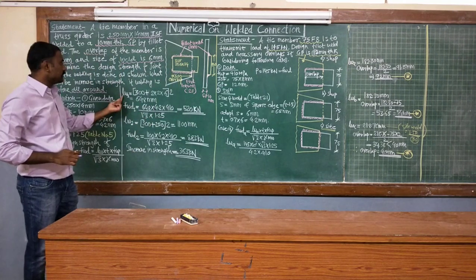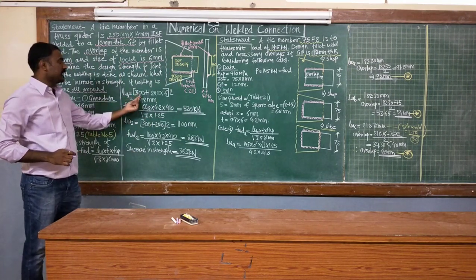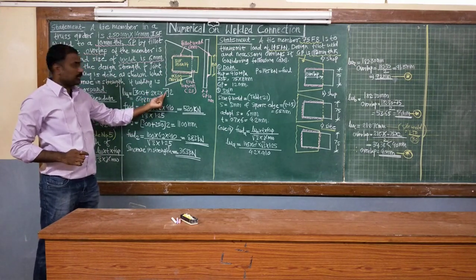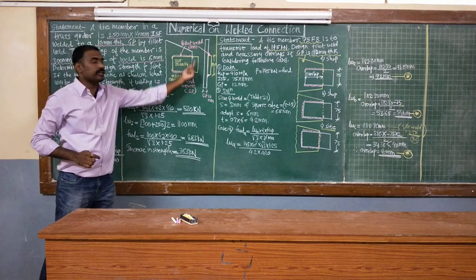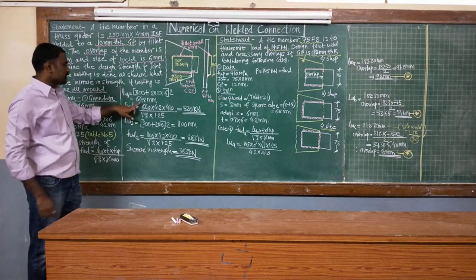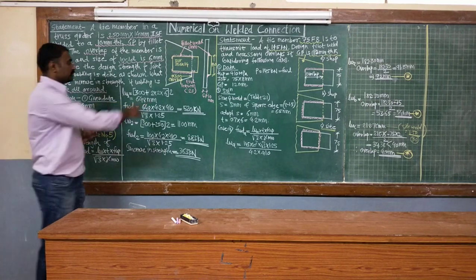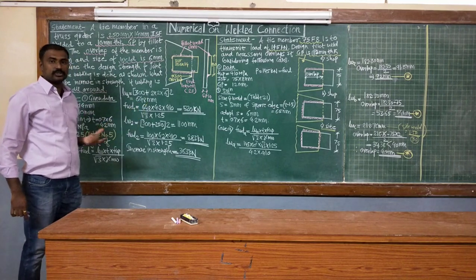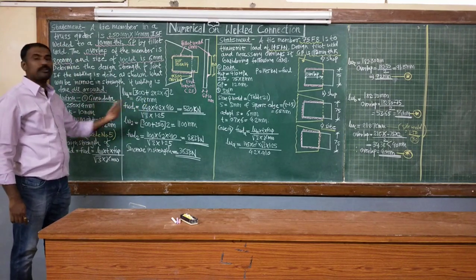So that value is nothing but LW1 equals 300 on either side plus 2 times the size of welding, multiplied by 2 as welding is provided on both the sides. So the total length of welding LW1 is equal to 648 mm. This is just a multiplication of these values, and we are getting a value of 648 mm. So for case number 1, the length of welding is 648 mm.